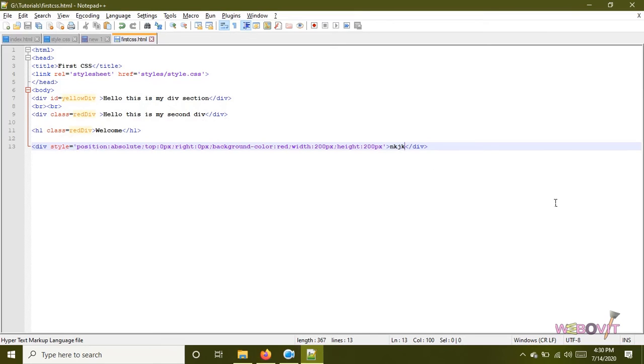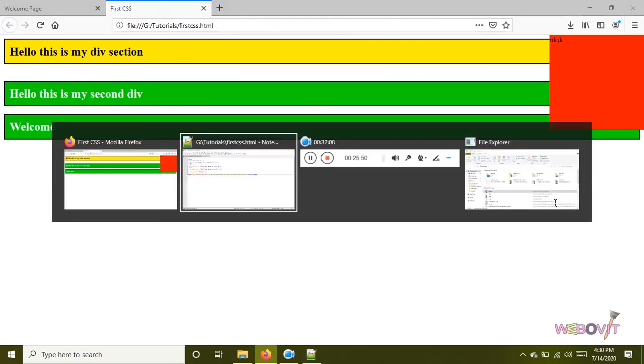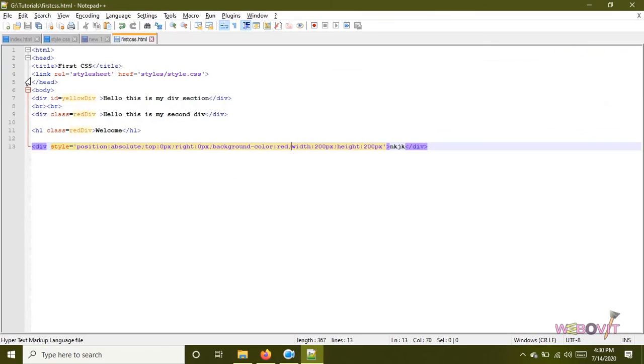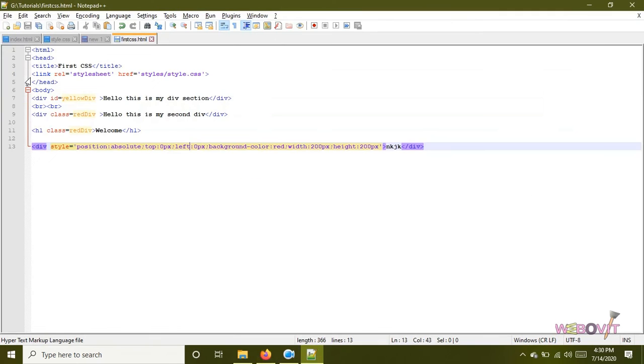Okay, now here I have directly provided the background color as red. Now I want to make this box a little bit transparent so that I could see what is in the back side of the page. I will rather move this one to the left hand side. Now the box is available over the top of the left hand section. Now I have to make it a little bit transparent.